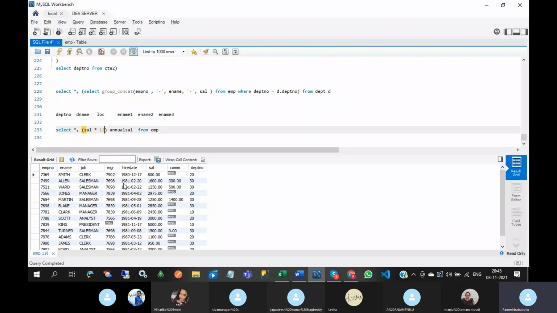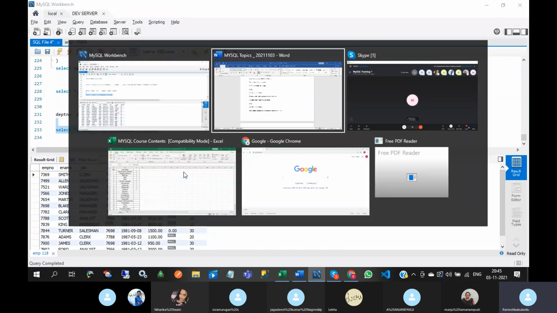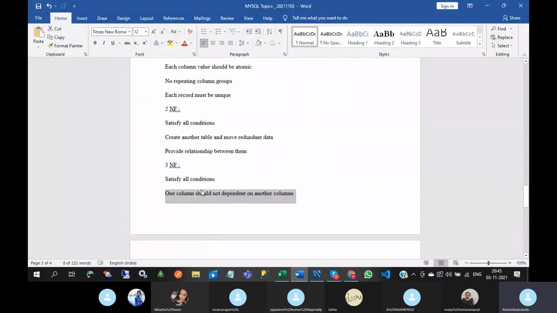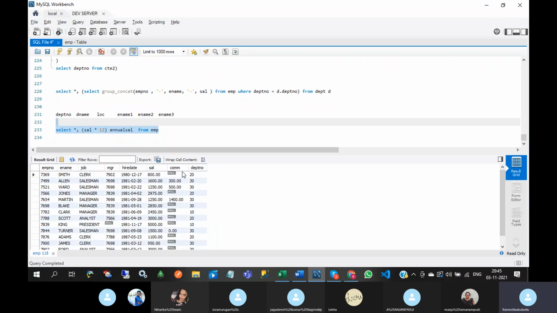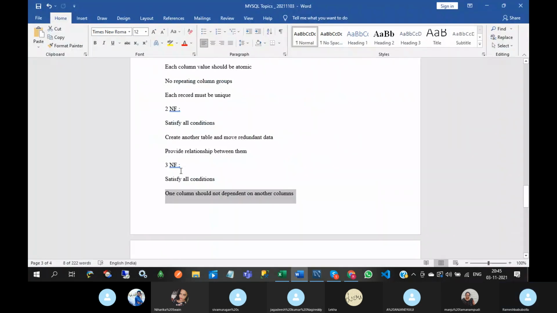Salary into 12. If you have salary and annual salary in the employee table, then you will not achieve third normal form. Why? Because annual salary depends on the salary column. If such columns are there, you need to remove that column. That is third normal form.